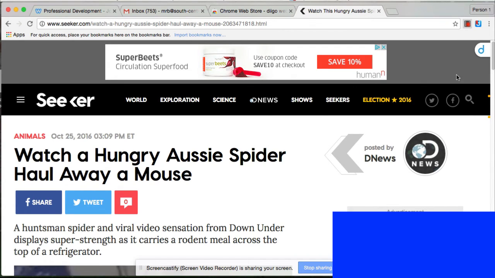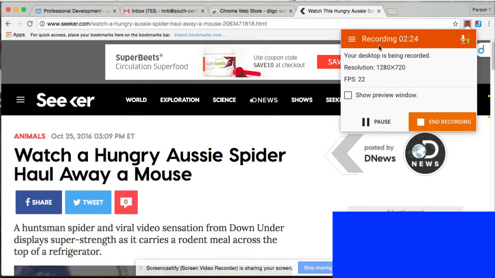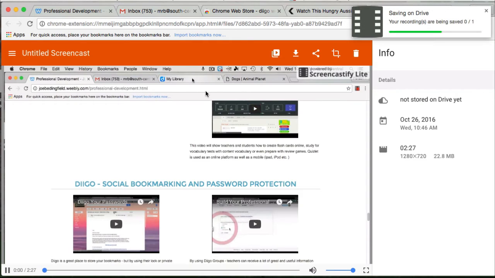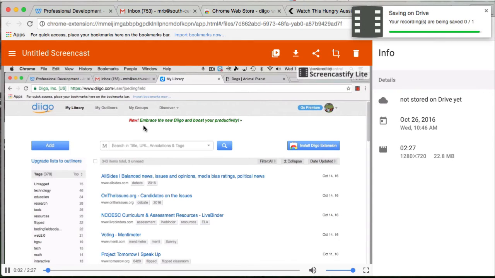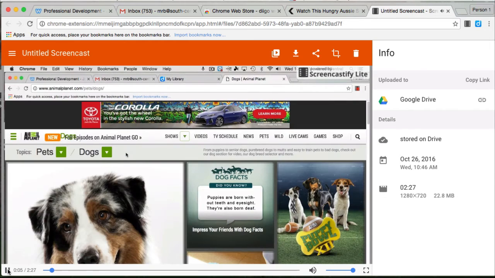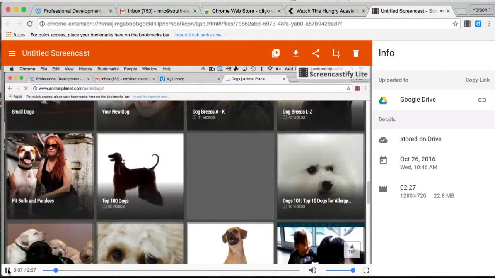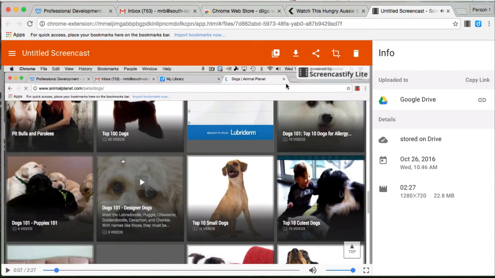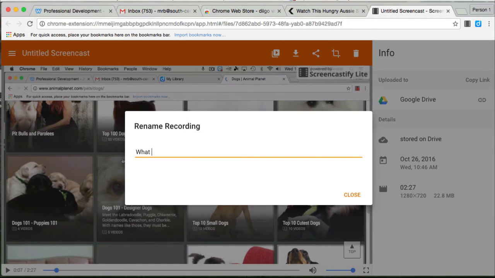Then I would hit this red button and it would say I've recorded 2 minutes 25 seconds. I end the recording. Once I end the recording, now the fun starts. Today I learned how to set up my own Diigo. I learned that when I have it all recorded, I don't need to watch it all, I can't trim it, I can't do anything, I can title it. I'm going to put my name,